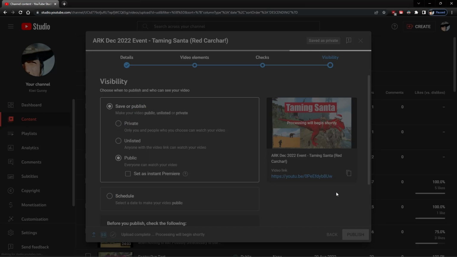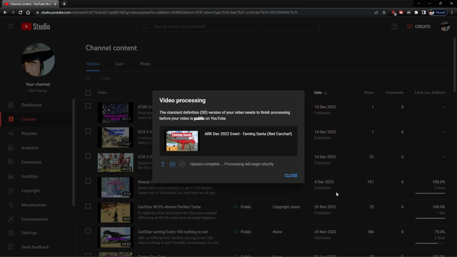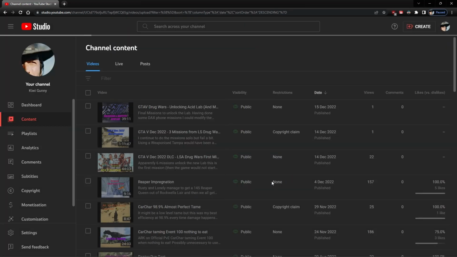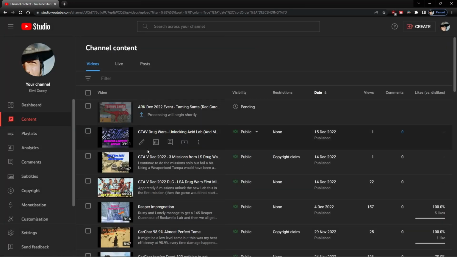Now, when you publish that, it's still in the background being processed. You don't have to leave the screen up, but they recommend that you leave the uploading screen up. But I don't care, so I'm going to close because it's completed. It's processing in the background. So I've done these videos recently and had like